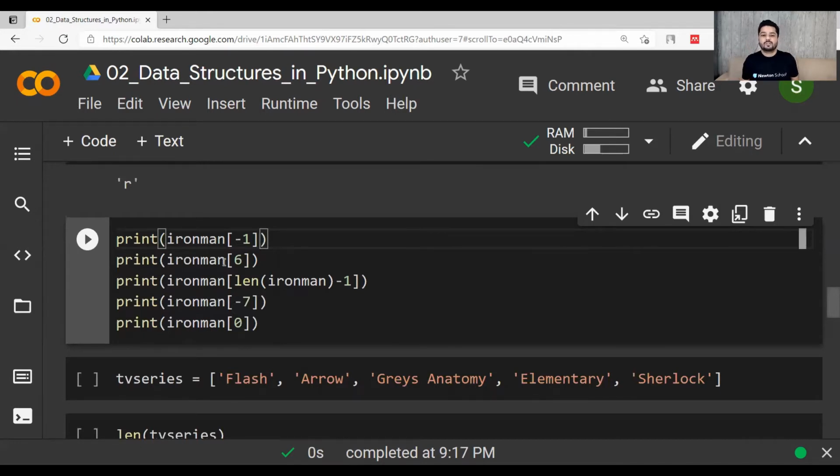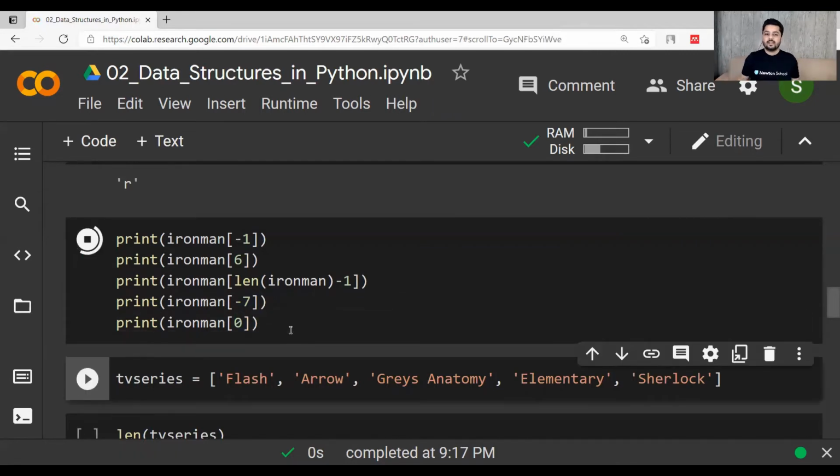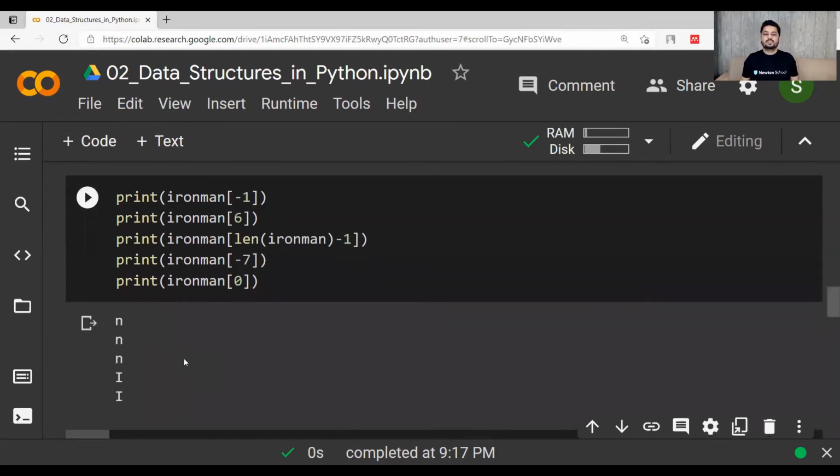Similarly, if I want to print the 6th location, it will be 0, 1, 2, 3, 4, 5, 6, again n. Length of ironman was 7, 7 minus 1 is 6, so ironman 6 is n. Ironman -7, starting from the end, move 7 locations, 1, 2, 3, 4, 5, 6, 7. So you will be moving from n to eventually I of ironman. So I will be printed in this case, and ironman 0 means I only, the first value. So n, n, n, and I. These are the 5 values which are being printed.